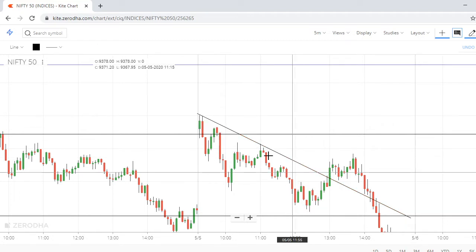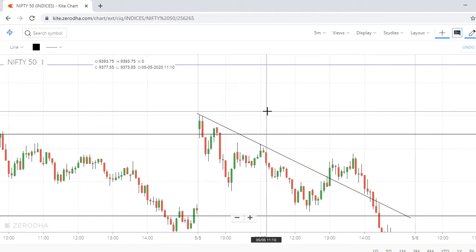Sir, how do we know that? So many people are asking me, sir, where is entry, where is exit, how do we use these support resistance levels? I'll explain you each and everything. Now practice drawing support resistance levels and drawing these trend lines and channels. Once you are comfortable with this, I'll explain you how to use this. See, I'm dealing one by one, step by step.